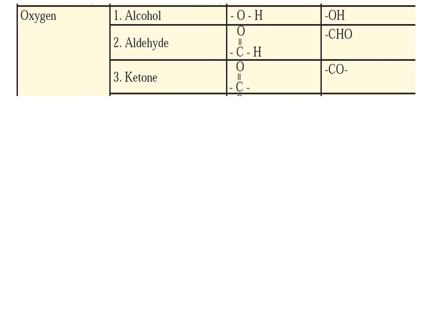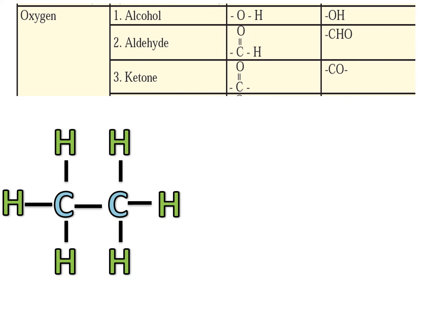So the next functional group of oxygen, the first one, is alcohol. Again, I take my alkane, I remove hydrogen and replace it with my alcohol functional group, that is OH. So this one is my alcohol. Let's see one example. This is one example which I am showing you, CH3OH. This is an example of alcohol where the functional group is OH. So alcohols generally have the functional group OH.